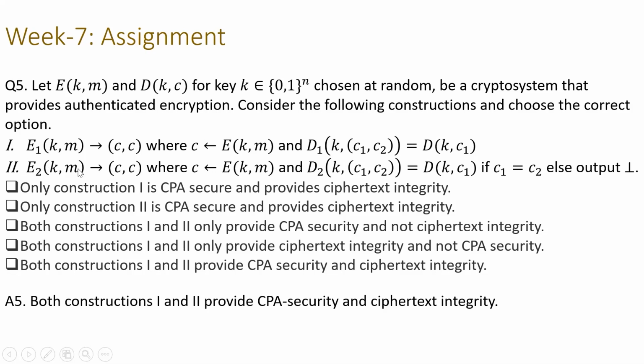And then there was the second construction where the encryption algorithm was exactly the same as the first construction, and the decryption algorithm just checks whether the first part is equal to the second part first, and then does the basic decryption algorithm on the first part of the ciphertext using key K. So the conclusion is that both the constructions are CPA secure and both provide ciphertext integrity. To prove that, so let us just